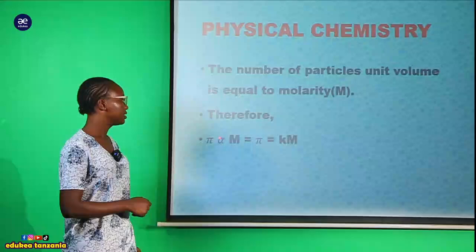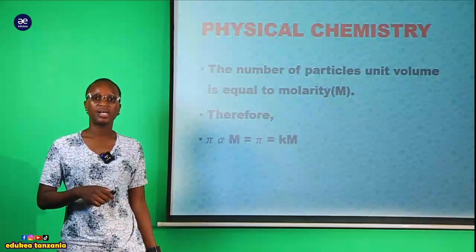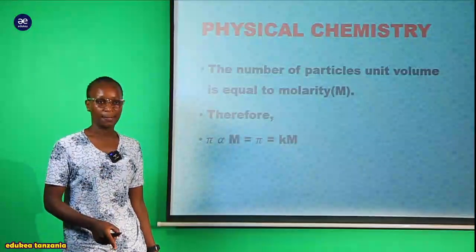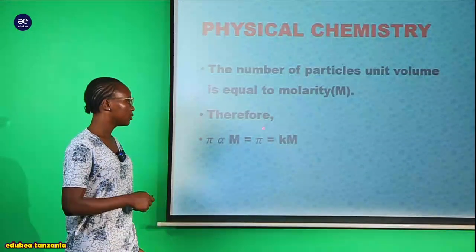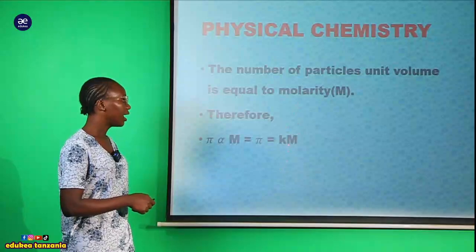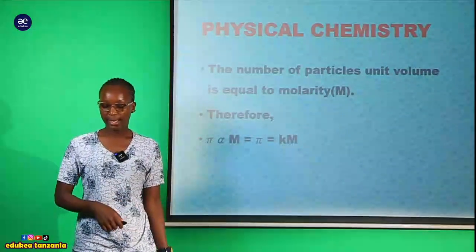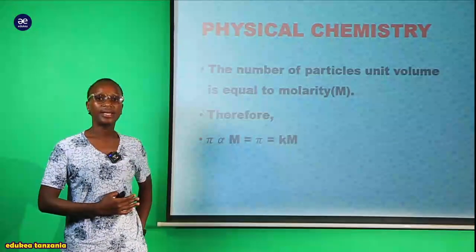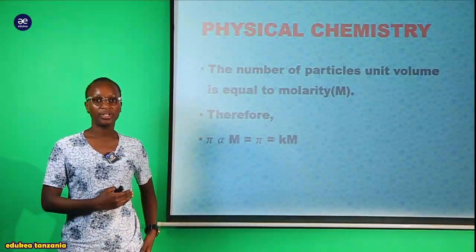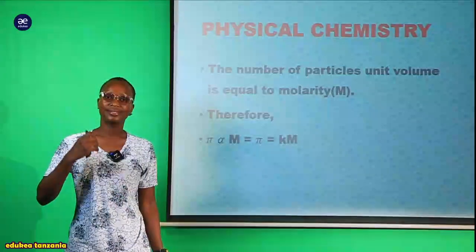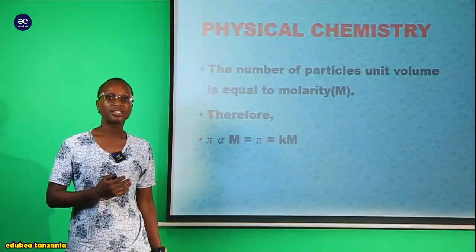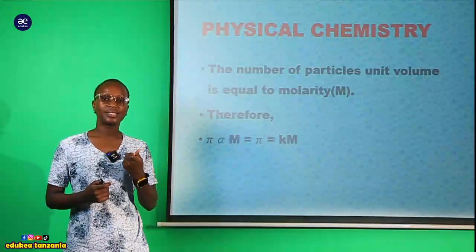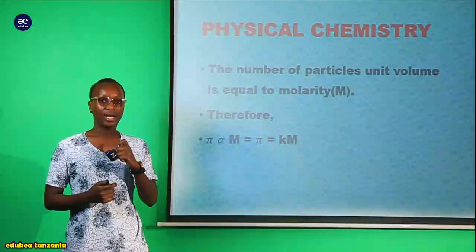So simply tunaenda kuremove this alpha sign ambayo ni proportionality sign, tunaenda kuiondoa. Sasa tukiondoa tutaireplace na constant K. Therefore pi, or the osmotic pressure, will be equal to K capital letter M. This is the mathematical expression of the osmotic pressure depending on the statement of the Van 't Hoff law. Kwa hiyo umeona kwamba ni jinsi gani this law guide this osmotic pressure is the category of